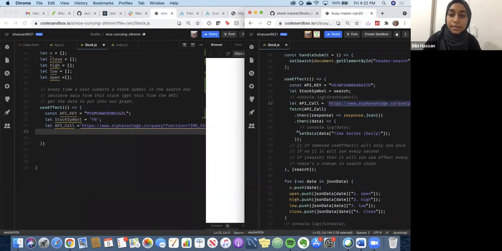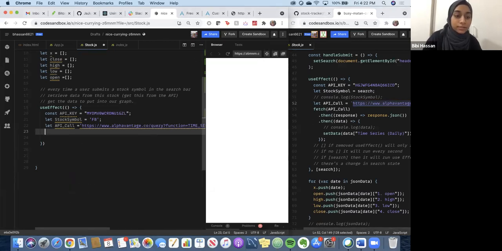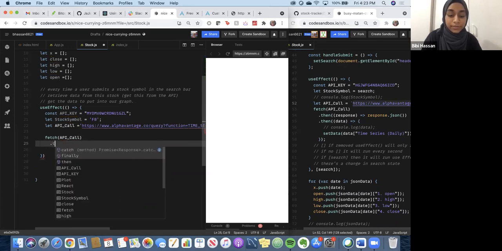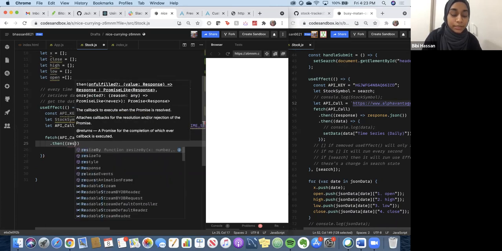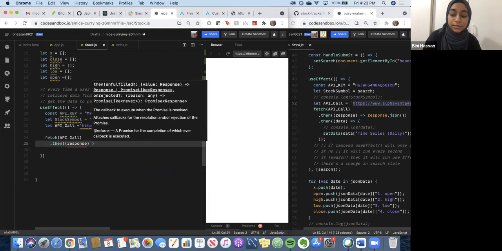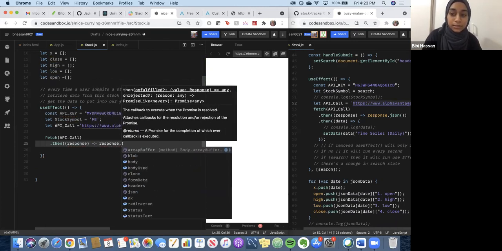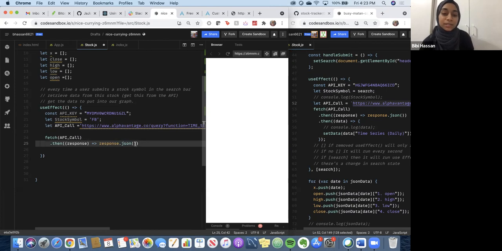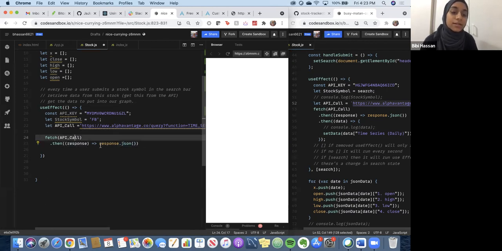And then let's get our fetch. Now we're gonna fetch our API call. So using this API call, once that is fetched or retrieved, we're going to take the response of whatever was collected and do response.json. So this is a lot. Basically what this does, it gets the API call, like that JSON object we did, or this entire thing, right? And then it takes the response of this call and converts it into a JSON. Some APIs are already a JSON object, but you can never be too sure, so convert them into JSON using the JSON function, which is a JavaScript function. So taking the response of the call and then,